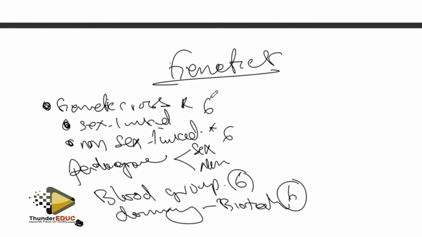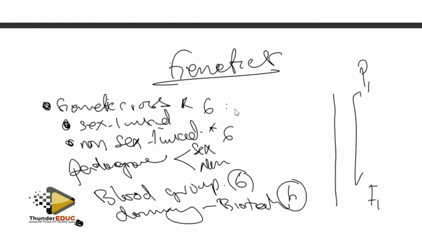Now, when do I use sex-linked and when don't I use sex-linked? I'm trying to go through this. After that, I go back and show you. When you're doing the genetic cross, even if you don't know anything, just write P1